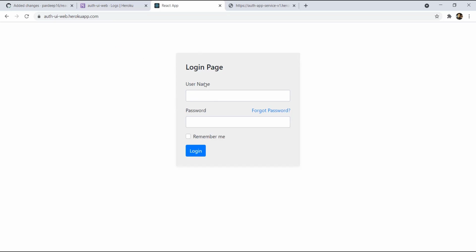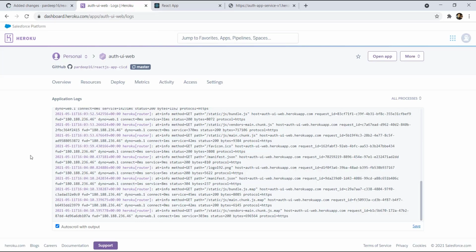Okay, so this is all about the continuous deployment on Heroku for the React.js code as well as for the Spring Boot. Heroku takes some time to make the application up. For React.js, we'll use Firebase, and for Spring Boot, it's fine to deploy on Heroku. Maybe in some other videos we'll cover Firebase as well.